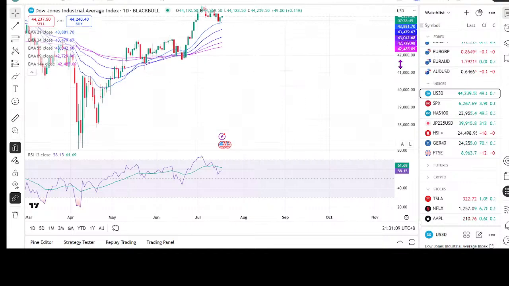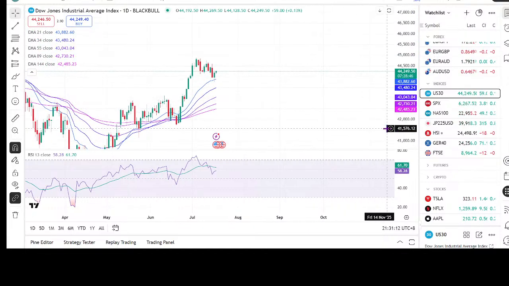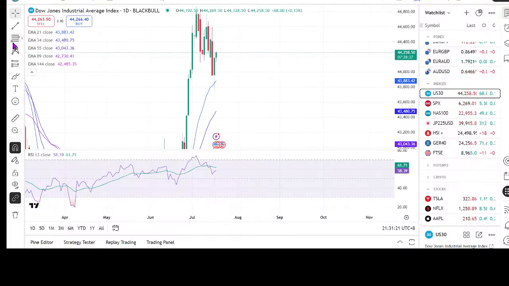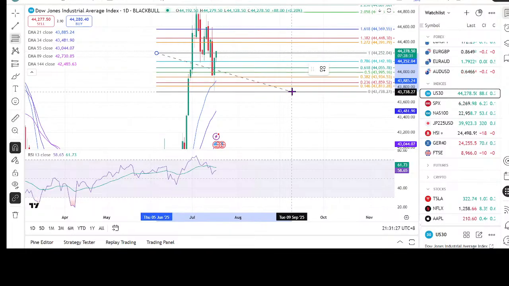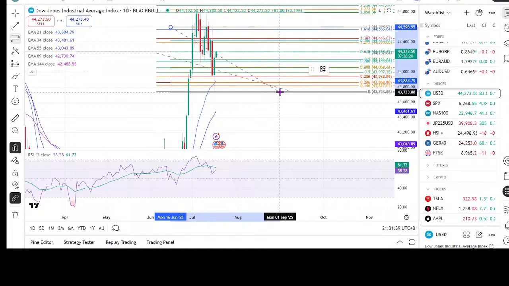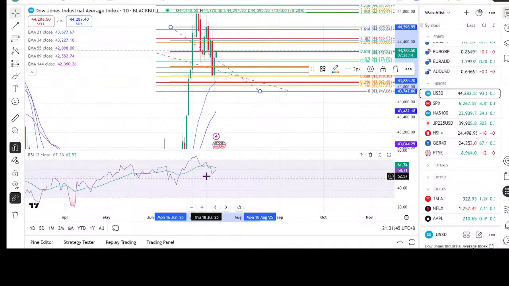Okay, now looking at the Dow. Okay, the Dow 30. We are looking at the Dow 30. So this is showing that the market is showing some strength. Let's assume it continues further, we should see the price rejecting before 44,390. Okay, 44,390. And let me check on retracement. 390 and 415. Okay, that should be the selling level.